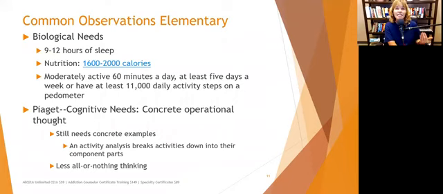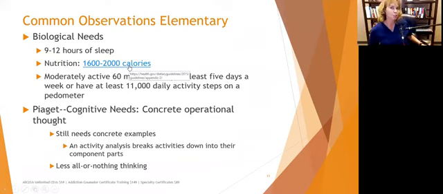At this age, they need 1,600 to 2,000 calories. That's a lot of calories, but they're growing. And I put the link in here to the USDA website that recommends how many calories for each age group. So I'm not just pulling it out of thin air. But we want to make sure that children are getting this amount of healthy, quality food. Sometimes that can mean experimenting and exposing them to new foods and new experiences.